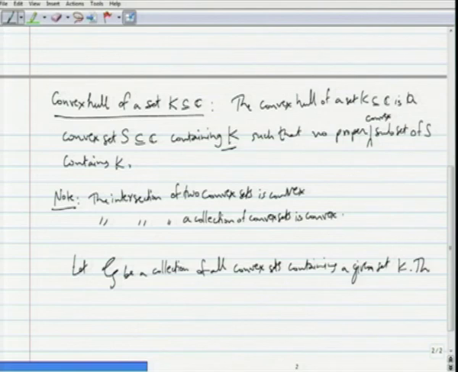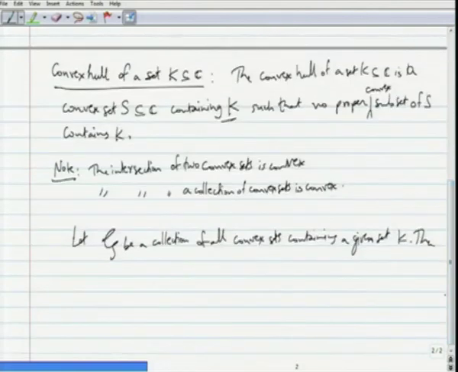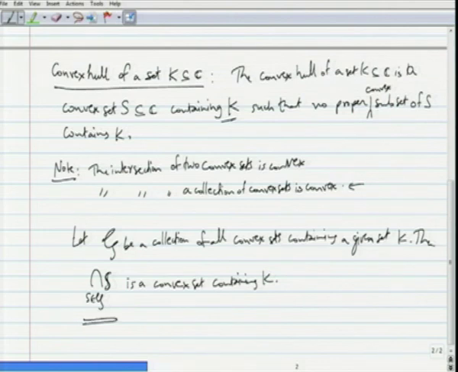Okay. Then the intersection of all these. Okay. So, the intersection of S such that S belongs to G is a convex set by the above note, a convex set containing K. And by construction, this is the convex hull of K, because no proper subset of this will contain K,